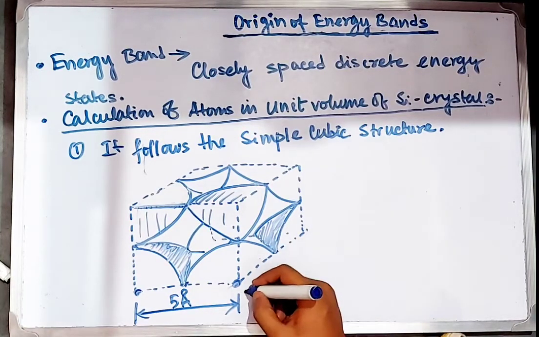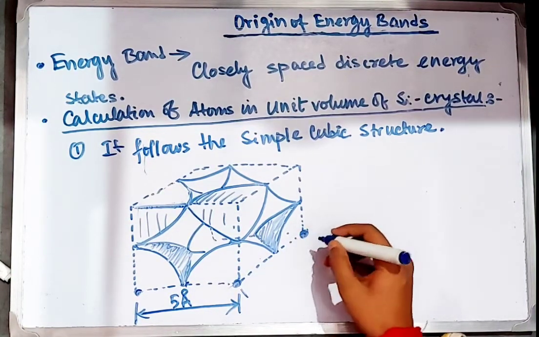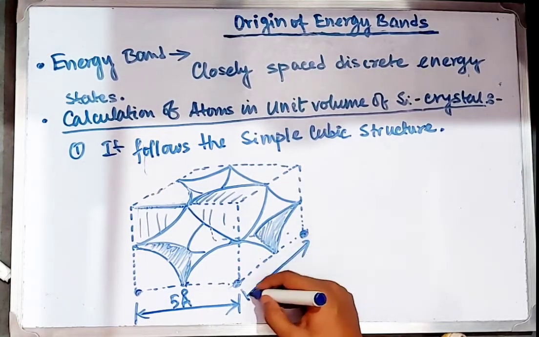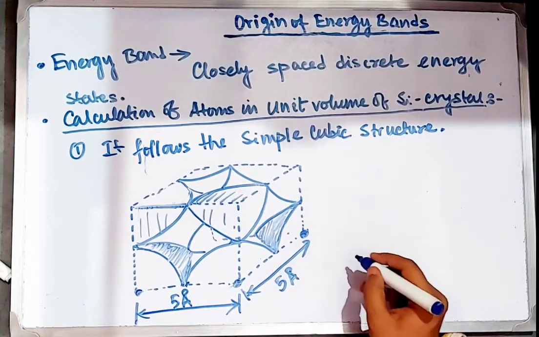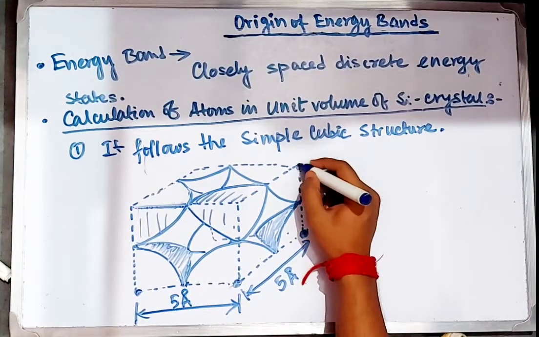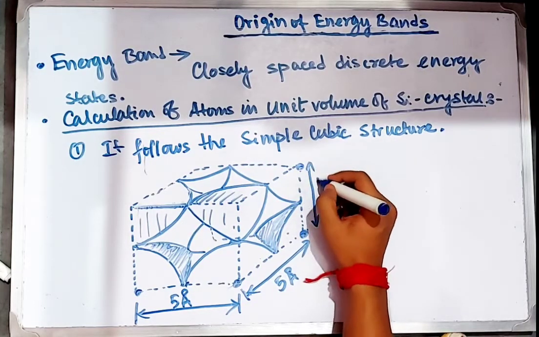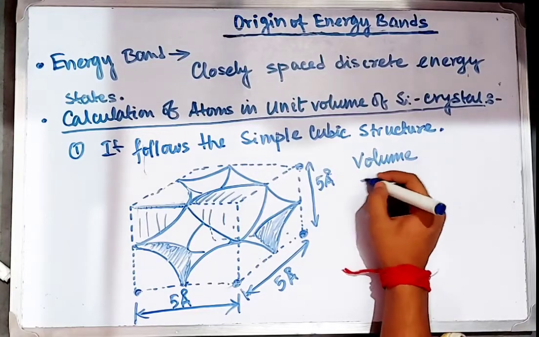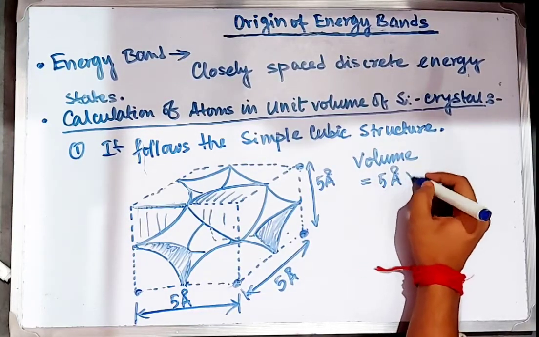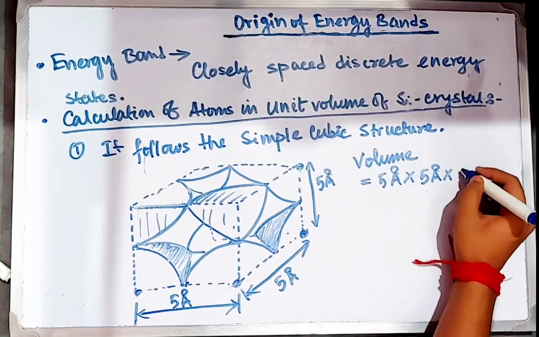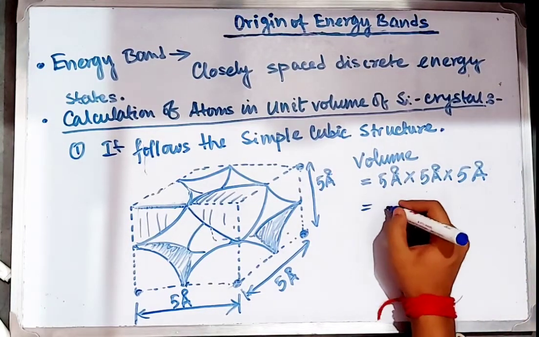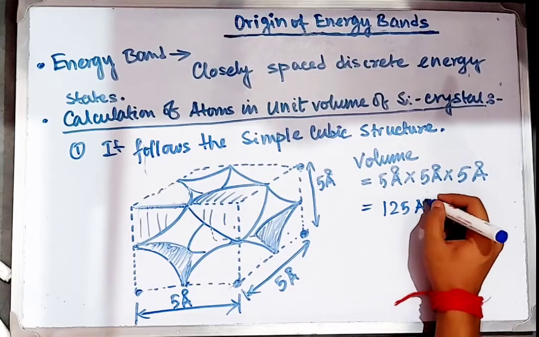So this is one nucleus of the silicon atom and this is one nucleus of the silicon atom. So this distance will also be 5 Angstrom, and the height of this cube is also 5 Angstrom. So the volume of the cube is equal to 5 Angstrom into 5 Angstrom into 5 Angstrom, so it is 125 Angstrom cube,